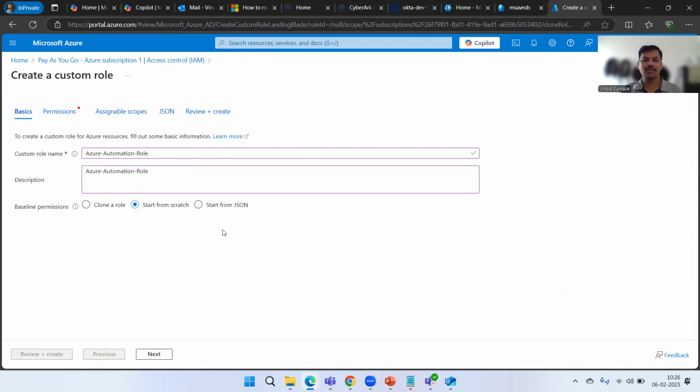So JSON is something which is going to give us a programmatic way to identify and modify that, and then add the different permissions. Maybe we wanted to add some permissions, we wanted to exclude some permissions, and we can go ahead and do that. So for now, I'm not going to select any other options except the start from scratch option,